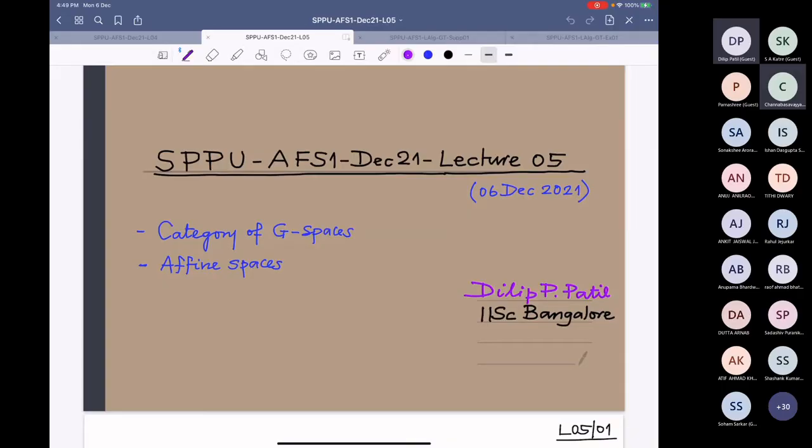All right. So today I am going to define very precisely what is the category of G spaces, and I will go on to affine spaces, and this will also make a preparation for mixing linear algebra with group actions. That is the idea. And such material usually you don't find in the standard books. Older books will give such exposition from time to time, but the standard books probably what you have used in your BSc, MSc curriculum, they may not address such things.